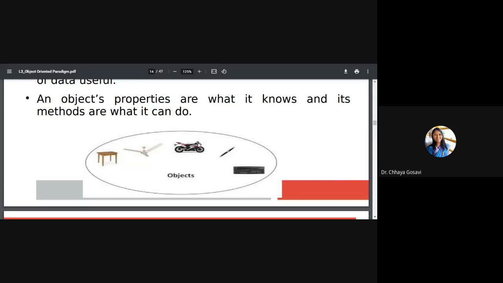Now, can you define what the methods of the bike are? What can a bike do? Travel from one place to another, acceleration, brake. Yes, similar to a cycle, it can change the speed, apply brakes, then refill or add petrol, or move from one place to another like this.